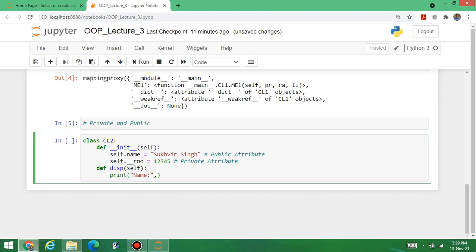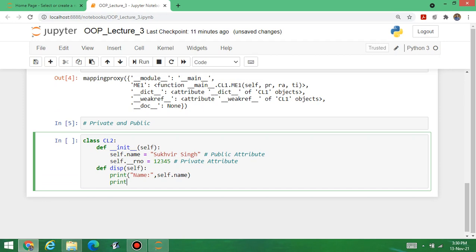Then self dot name. Then print. I am writing in double quotes the roll number. Self dot, two underscores, then roll number.